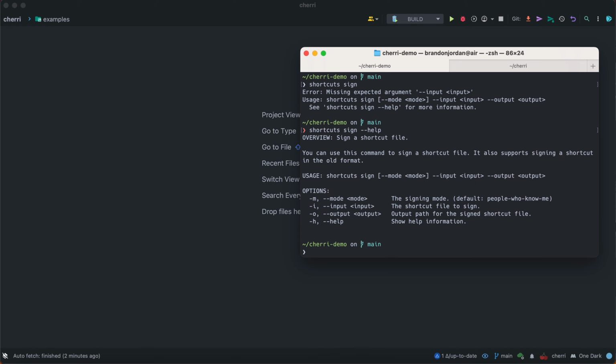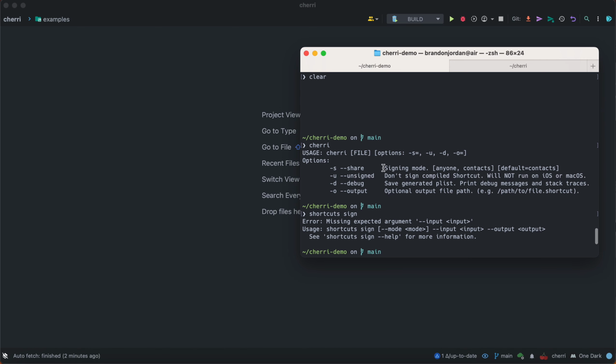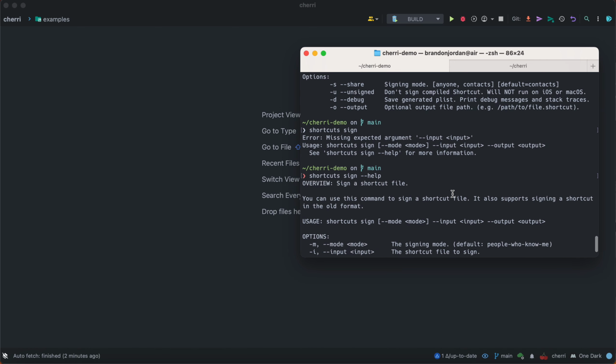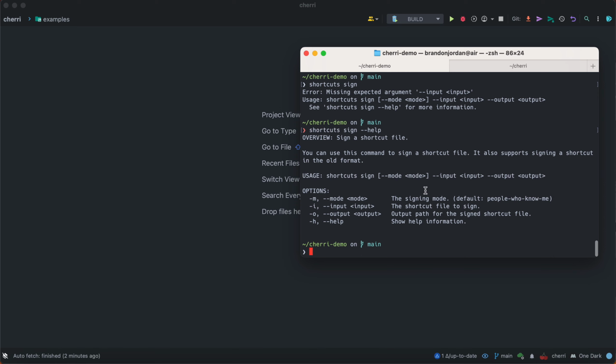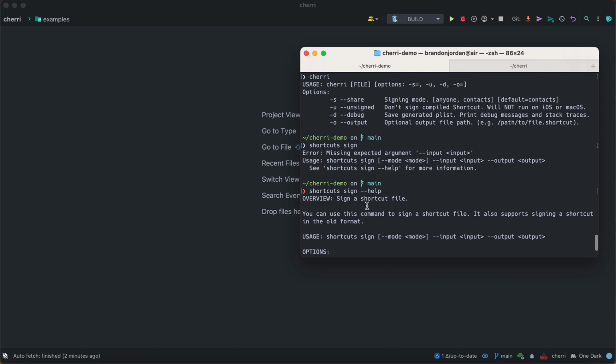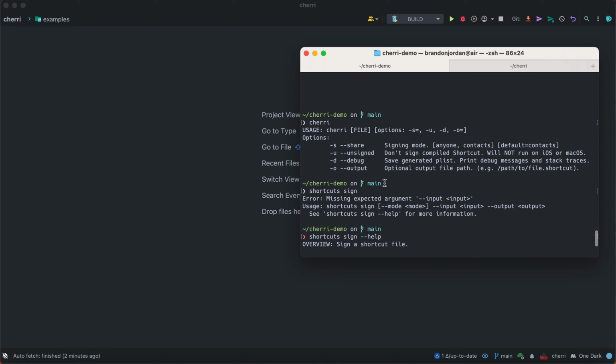And we pass it this file, and we tell it to sign it, and we'll pass this output to it, but we'll mainly just pass the signing mode, the output, and the actual inputs of the file. So that's what that is about. The default is contacts. So this is like who you want to be able to share it with. The default is contacts,